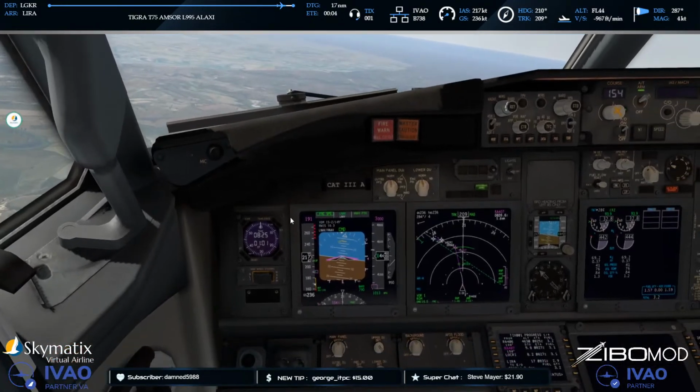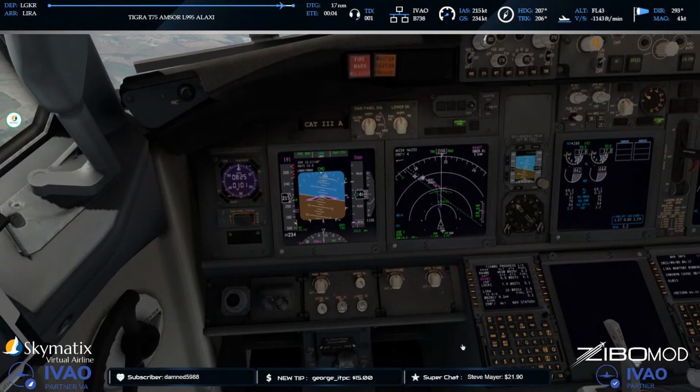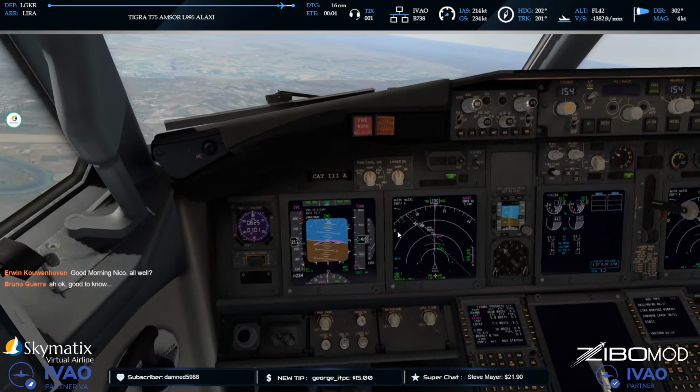The new weather engine that's coming, or supposedly coming in X-Plane 12, is going to be a real game changer. Flaps one set. I think the guys, if they don't have access already, will take a wee time to actually